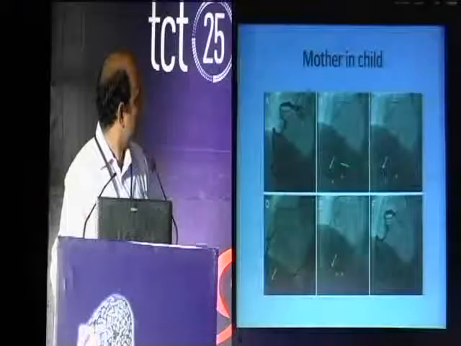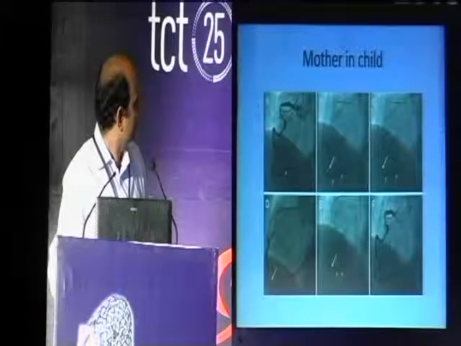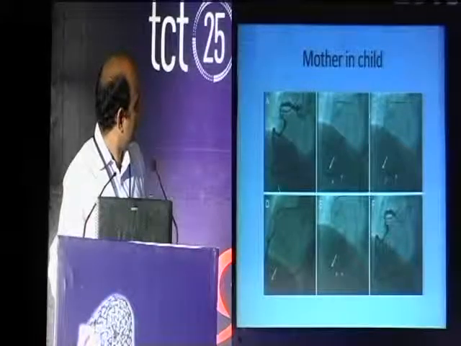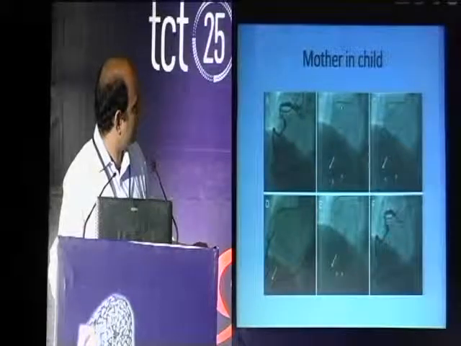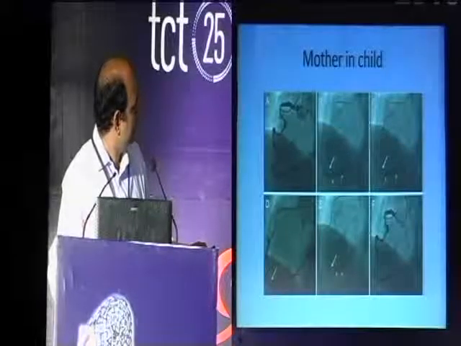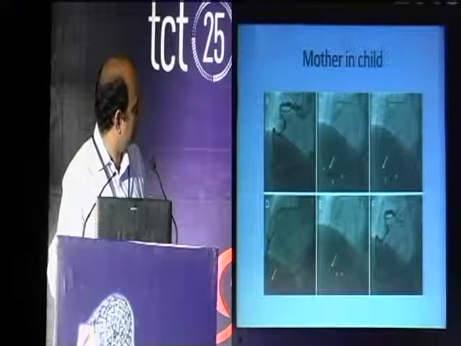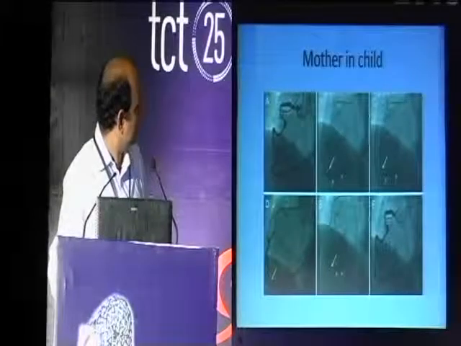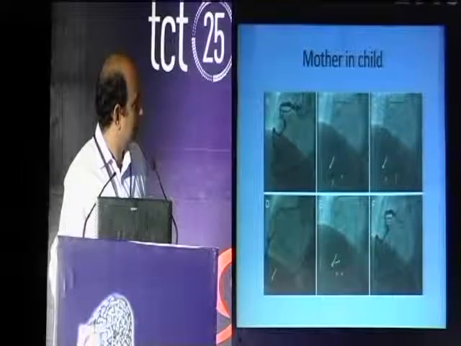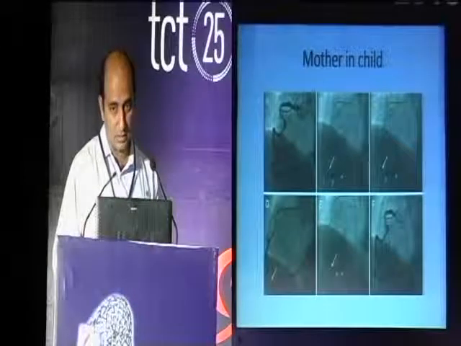And this is how it looks. You can see the tortuous anatomy of the RCA, and you see the lesion here. The usual wire can cross, but the stent will never cross. So this is the original catheter, you can see the 6 French catheter, and then this is the smaller catheter, the 5 French catheter, which has tracked right down up to here. And then it was very easy to push the stent here, and you can see the final result here. So this is a beautiful technique, and you can use it.